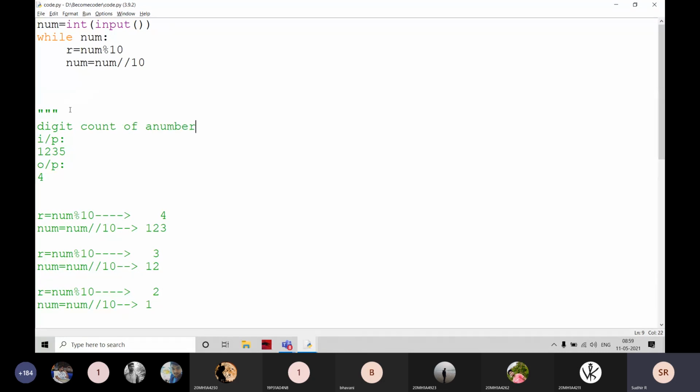This is the program name, digit count of a number. How many digits here? 1235. There are 4 digits. Then I am going to print that this is a 4-digit number. Simple.